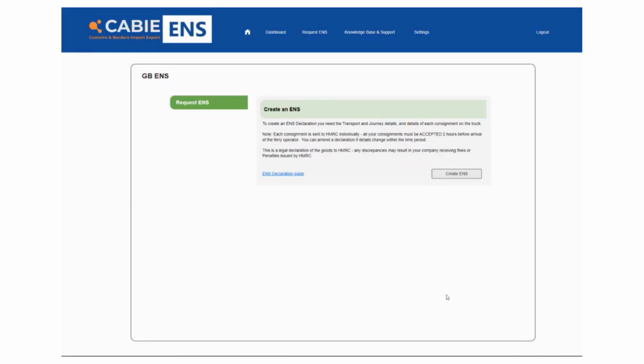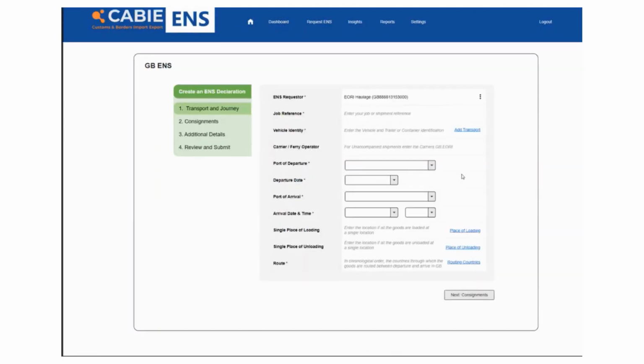So I'm going to walk you through the data journey for the customers. We approach this from a groupage point of view, first of all. By solving that problem, we also fix it for full loads and importers. So when you log into our portal, you have the option to create an ENS, and we've split this journey